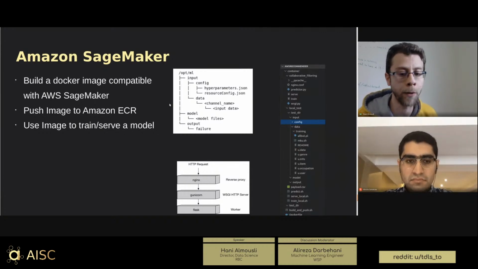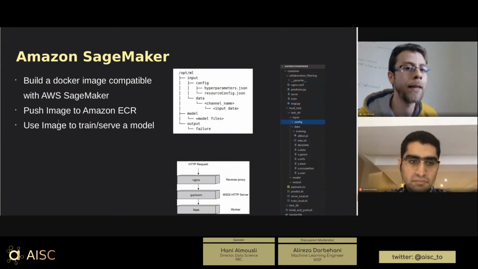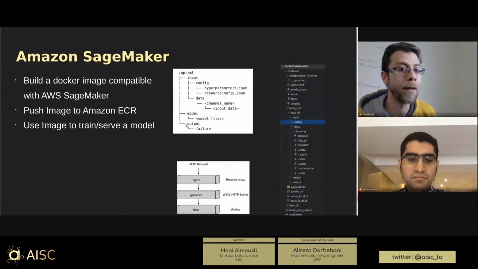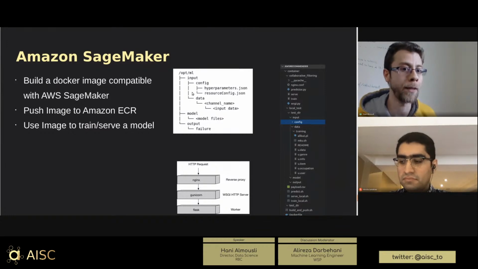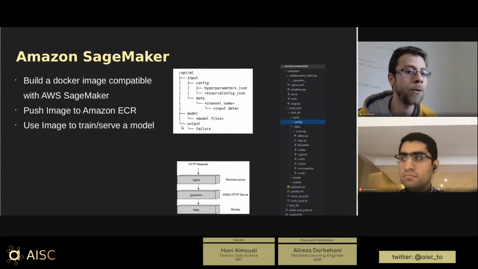Then if you remember the line when I set my hyperparameters, if we go back here, you see I said set hyperparameters and all of those. SageMaker will take care of converting them to a JSON file and put it inside /opt/ml/input/config/hyperparameters.json. So now I can read it from there. The promise that I have back to SageMaker is that when I train my model, the result would be inside a folder called /opt/ml/model, and that's my model files. And if I have a failure or anything that goes wrong, I have to put it back into output.